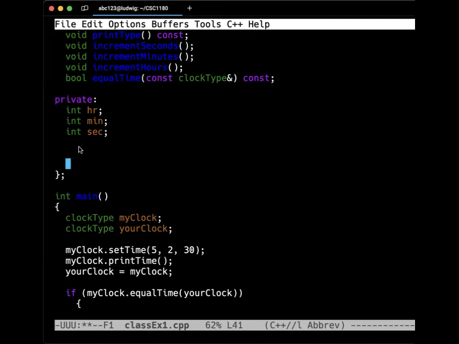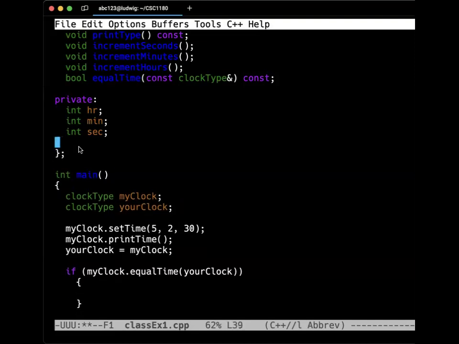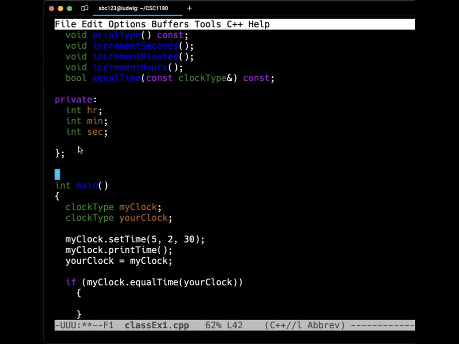Okay, which can be okay, but can get kind of cumbersome. So what tends to happen is they tend to be defined outside of the class, but before int main. In this case, I'm going to work up on the clock, the set time. So we have to prepend here this namespace identifier, the clock type ::